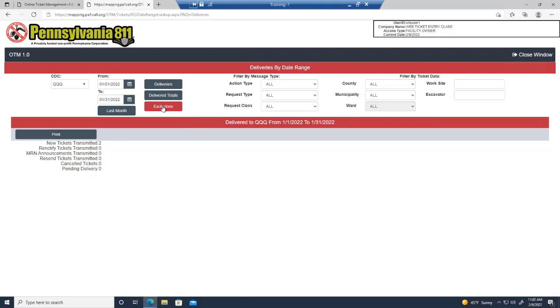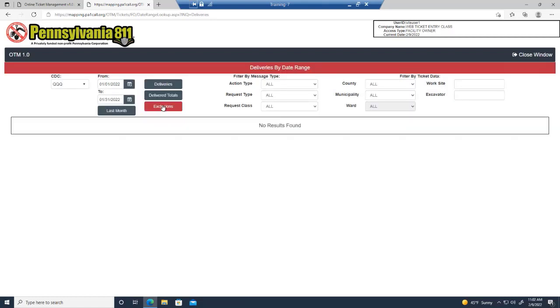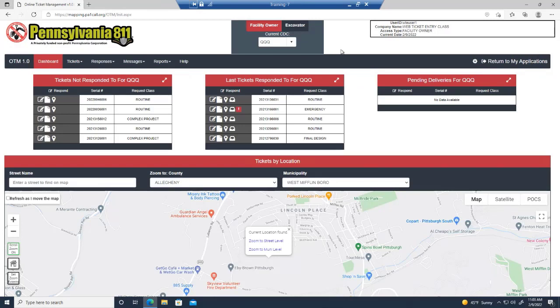If you are a member mapping participant, then if you use the one-call system to look for permit applications that may have been missed, you can select exclusions, and that will show you anything that was outside of where you said you have facilities. And then you can just click on the end to review any